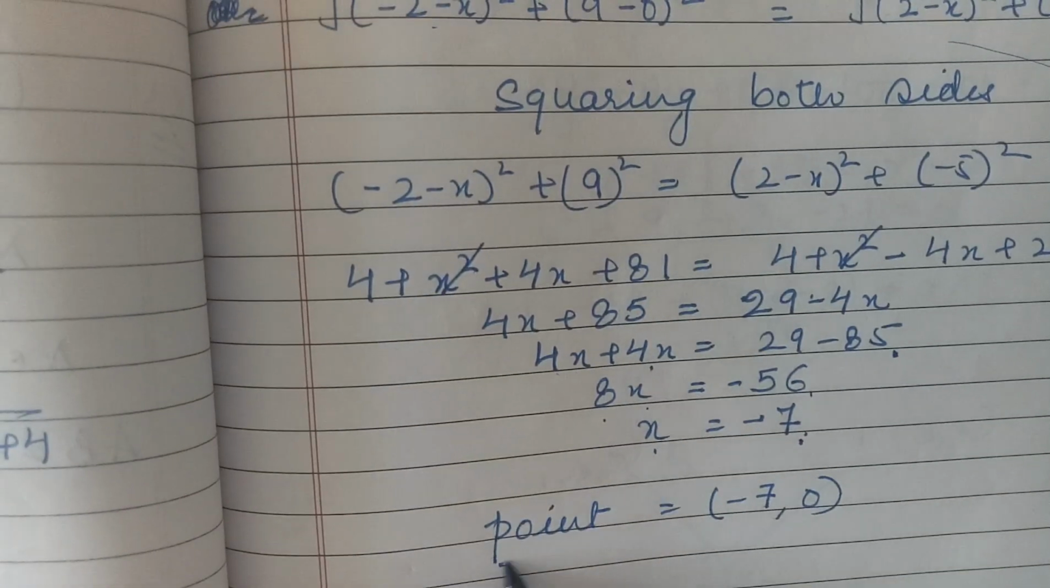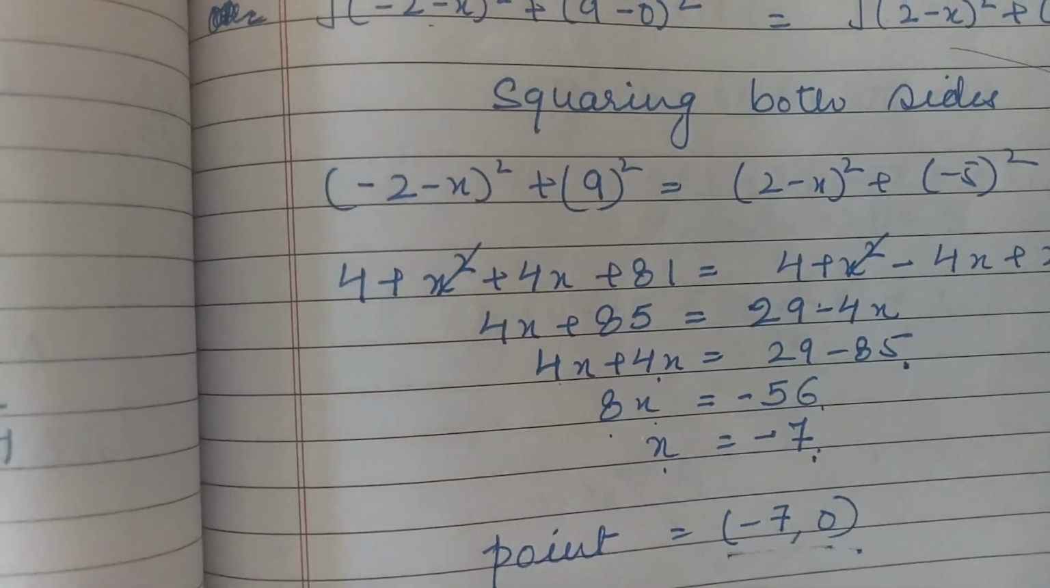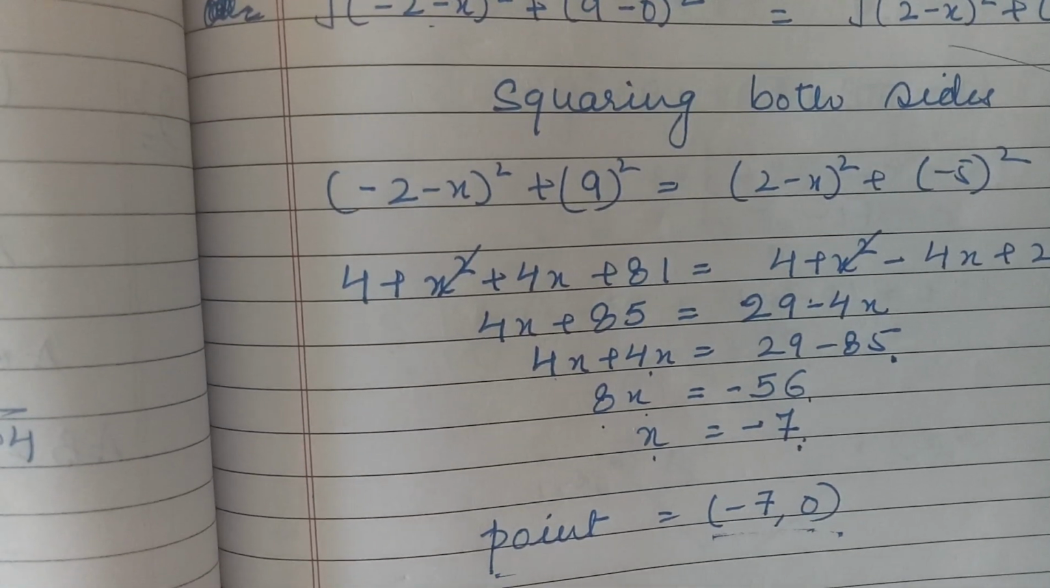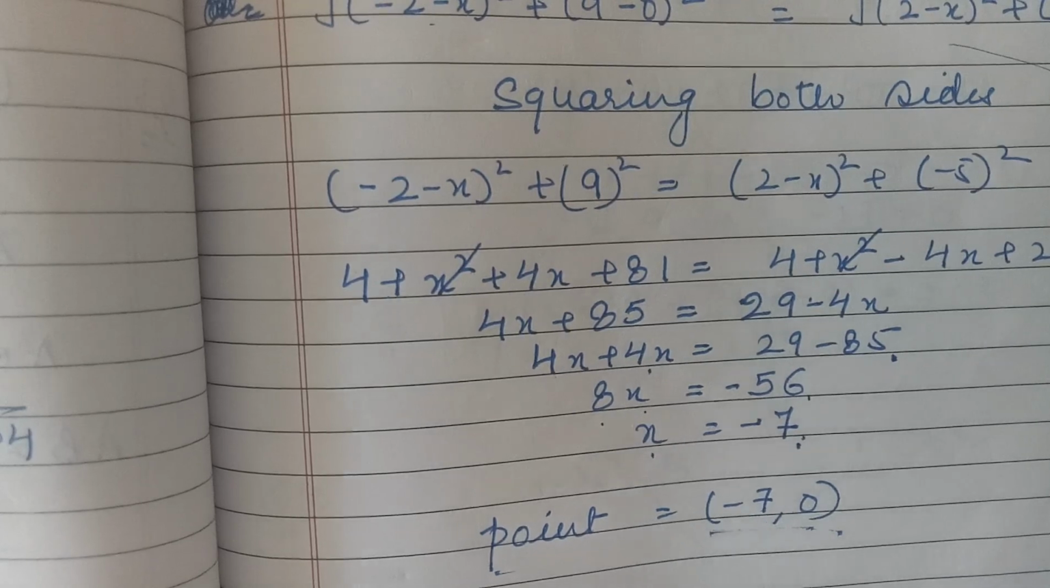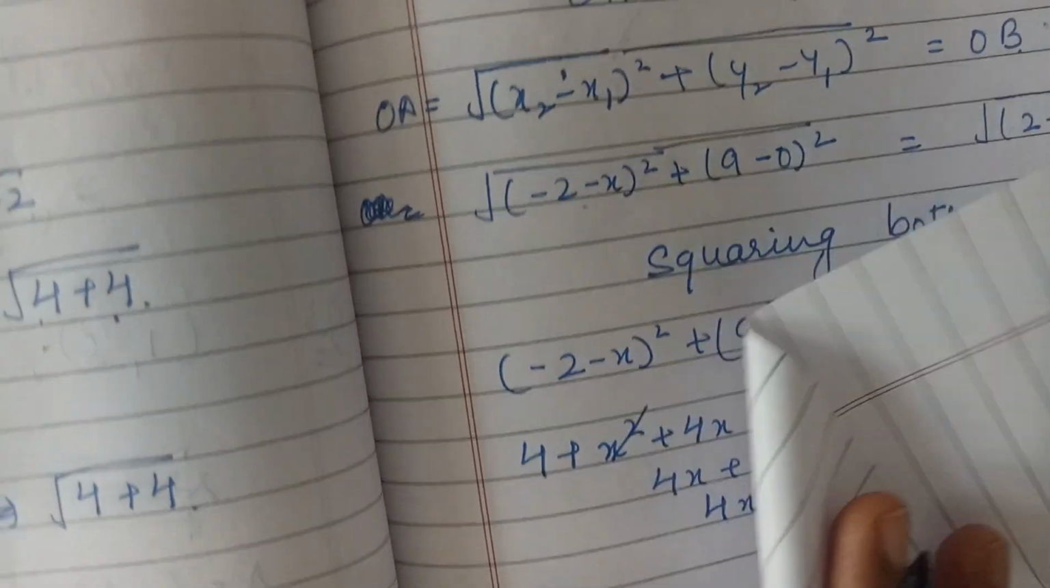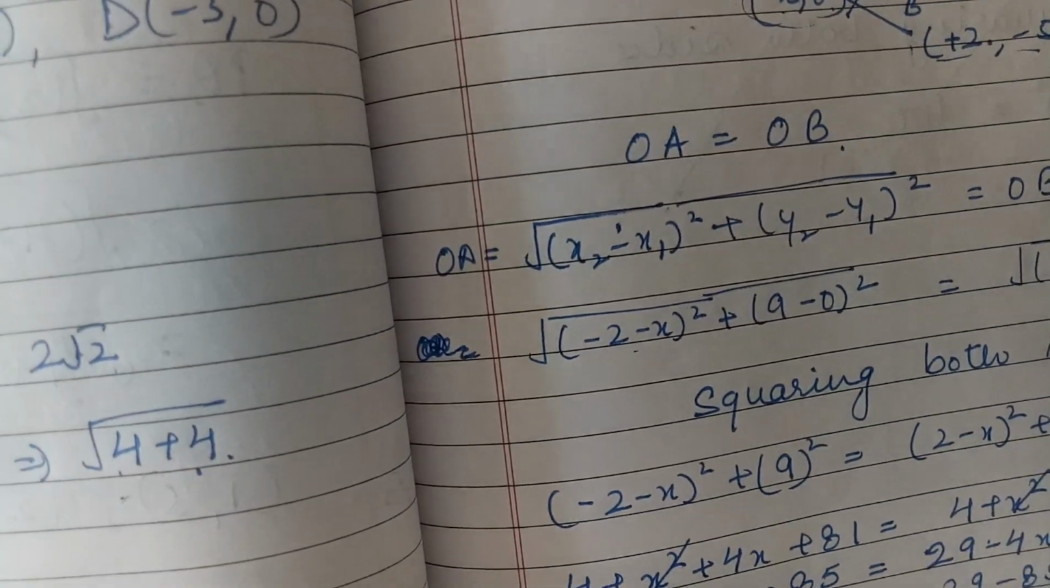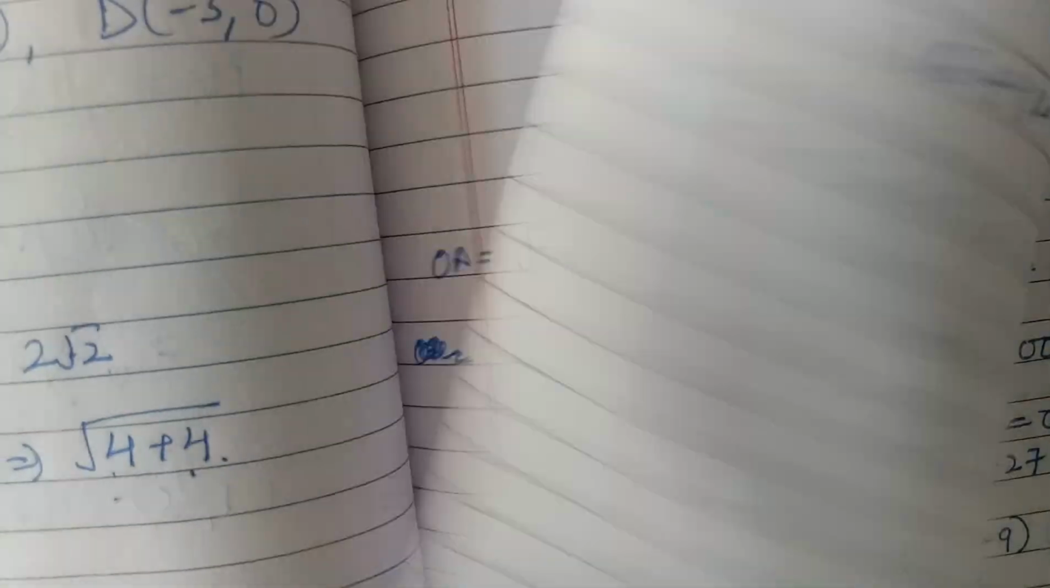So what is the point? The point is (-7, 0). Simple है, बहुत ही simple है, and I hope that all of you get clear this question also. Let me start with the next question, that is question number